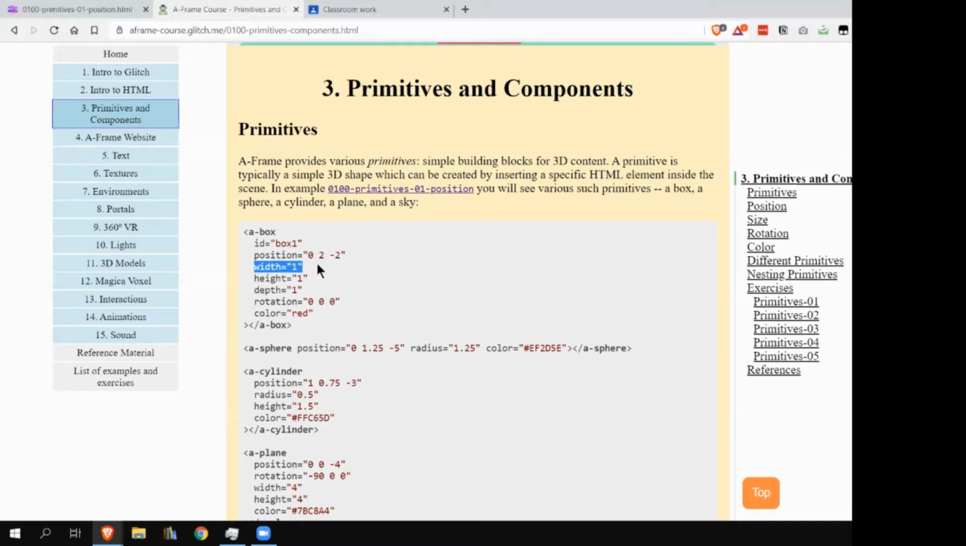We can tell its size, and different primitives have different ways for us to specify its size. So for the box, we need 3 dimensions: the width, the height, and the depth. We can also tell A-frame how it should be positioned in the scene, so what perspective the object should have. And this is done by saying what rotation the object will have inside the scene. We can also specify the color,